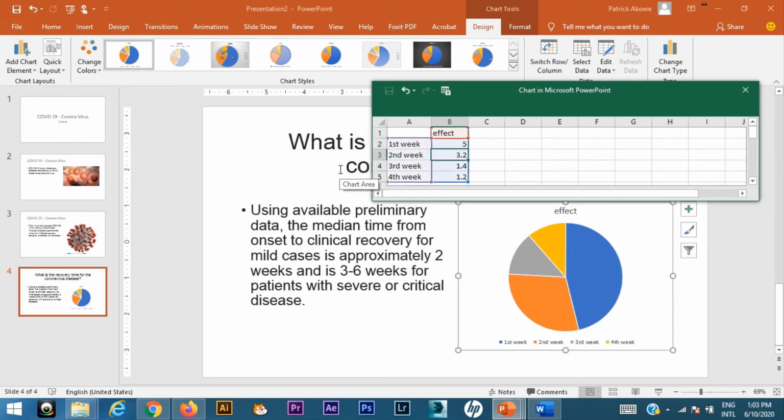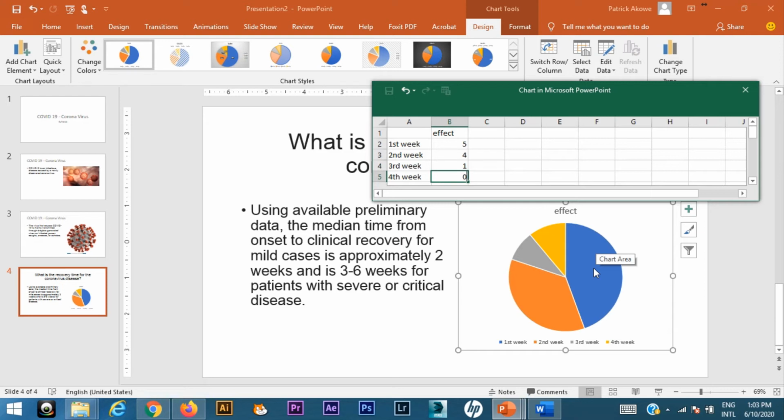Then in the second week, you'll be getting a bit of cure, so the cure should be coming into place. So I'll give it about 3/10. Then in the third week, maybe I could give this 1/10. Then fourth week, nothing. So with that, it can explain why the biggest part of our chart here would be